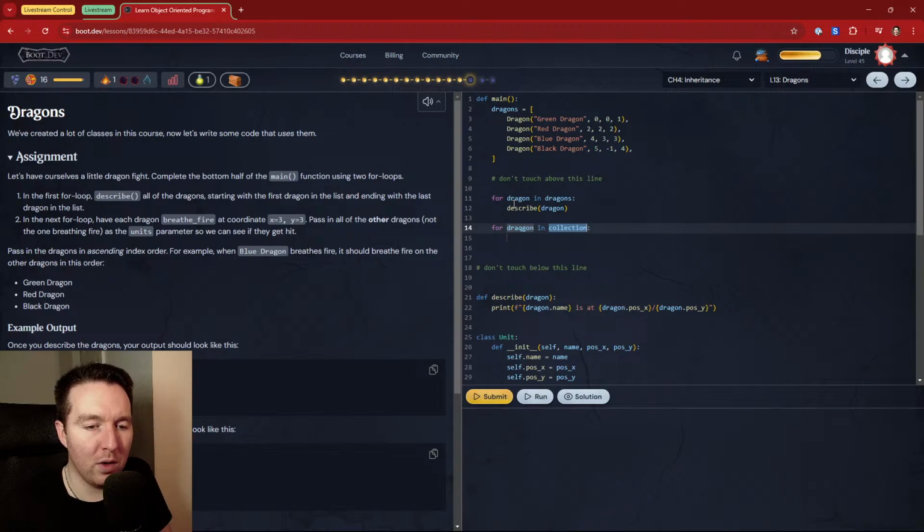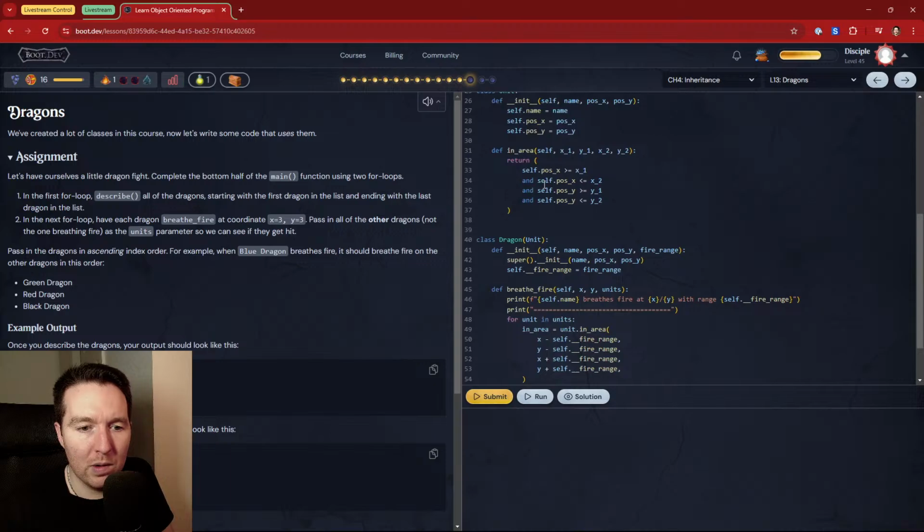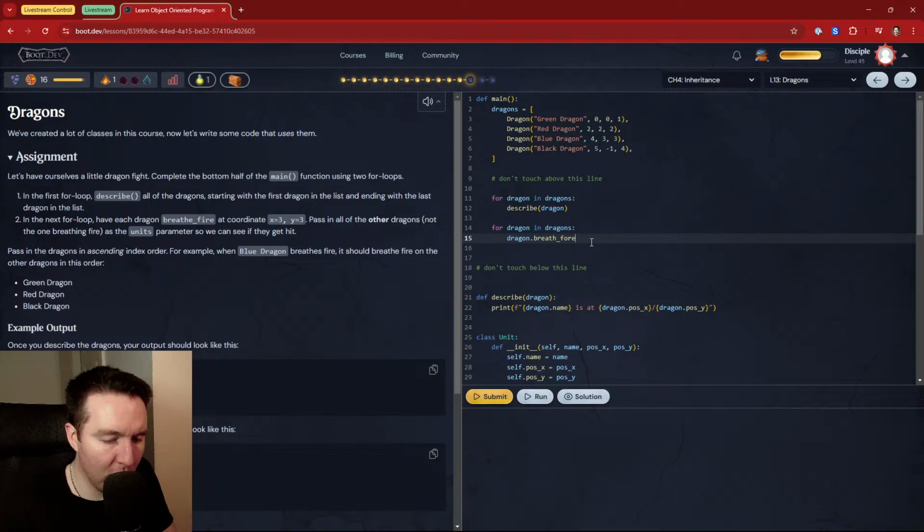Okay, so for dragon, I can't type. It's going in dragons. Of each dragon, so dragon, what is it? Breathe fire. And self-inflicted units, so oops, not 4. And it's going to be 3, 3, and